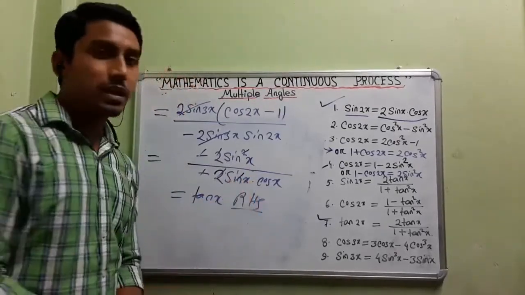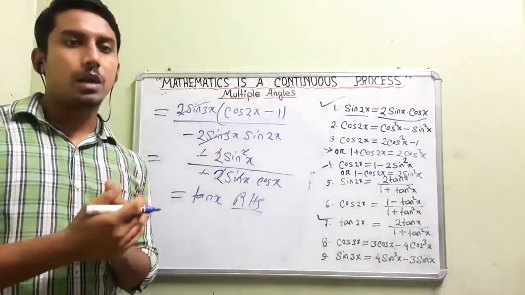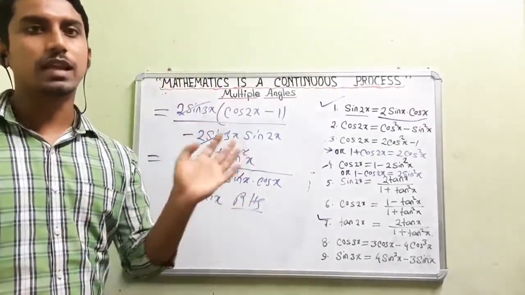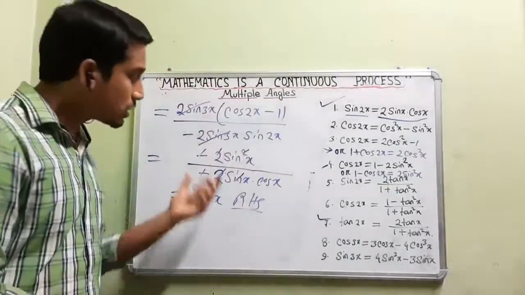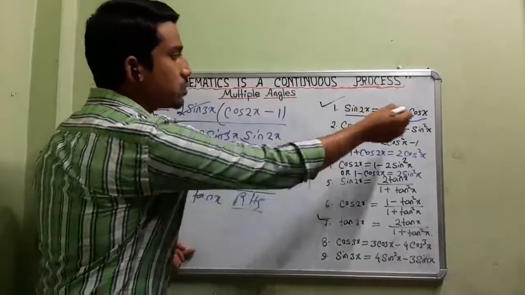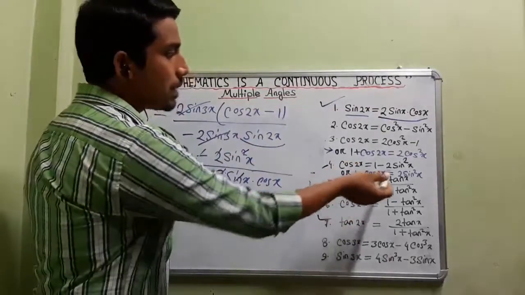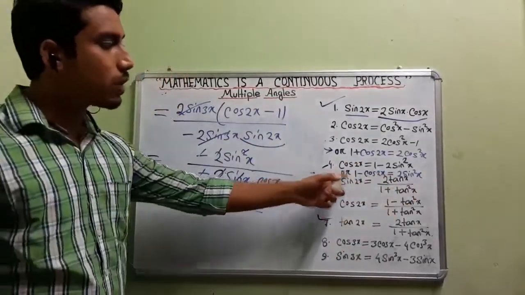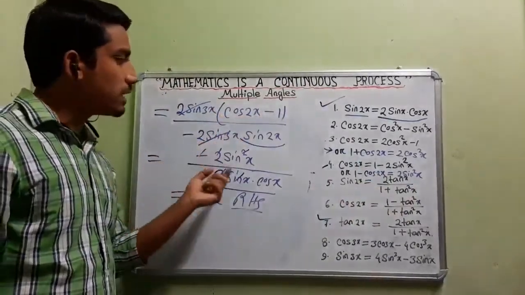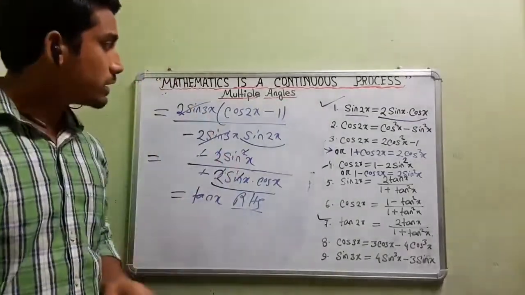So this problem is very interesting and a little bit tricky also. In this problem I have used the formulas of the previous topic, transformation of sum and product, that is cos C minus cos D, sin C plus sin D. I have also used the formula of multiple angles, because in place of sin 2x I have taken 2 sin x cos x, and also here cos 2x minus 1. I have taken it as minus 2 sin square x, because the formula is 1 minus cos 2x, but I got cos 2x minus 1, so I have taken minus one common. Then I have written 2 sin square x. Then we have done the problem. Okay, so try to get the things.